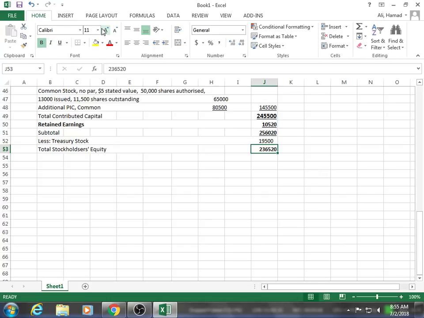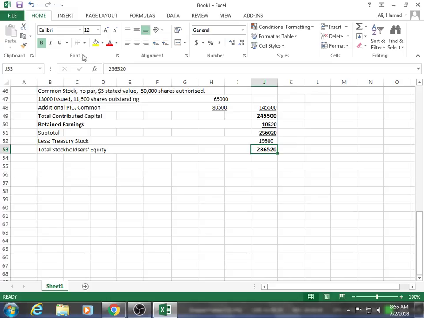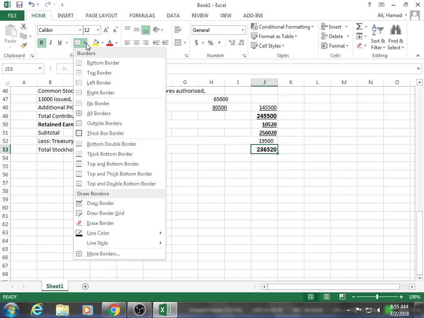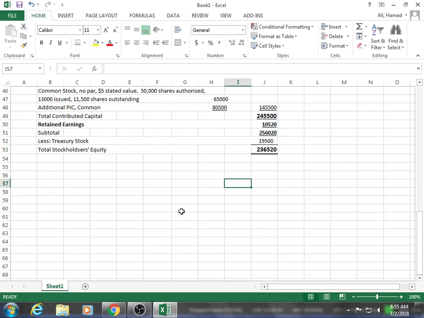Bold, larger, and I need 2 lines here. Okay. So total stockholder is